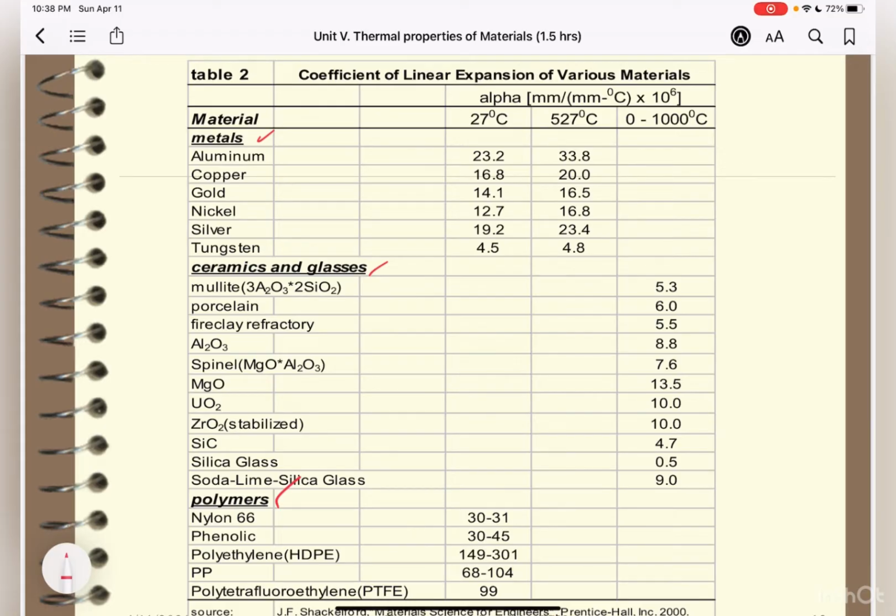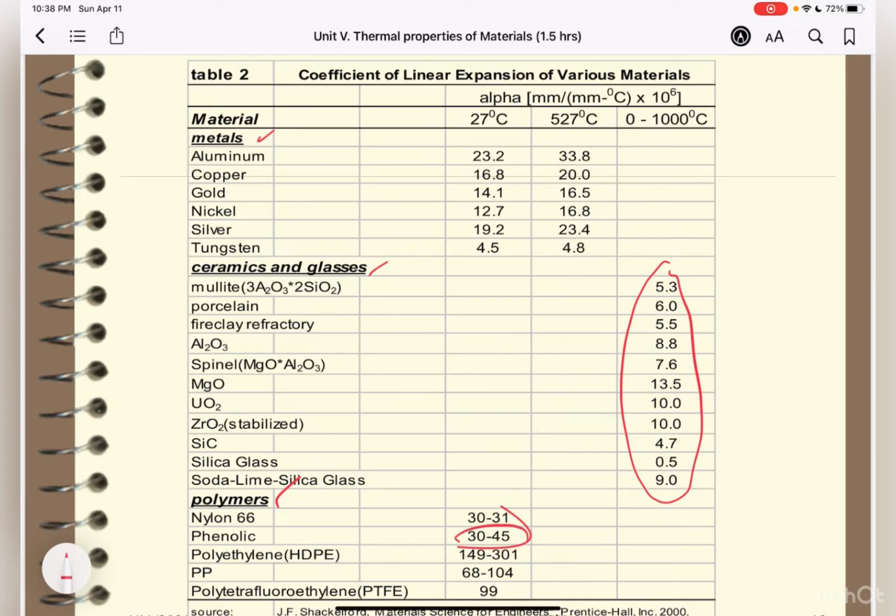So check the values of ceramics, which has relatively strong interatomic bonding forces. So as expected, they have low coefficient of thermal expansion. The highest alpha values are found in linear and branched polymers, because the secondary intermolecular bonds are weak, and there is a minimum of cross-linking. So if polymers are covalently bound, expect low alpha values, say for example the phenolic